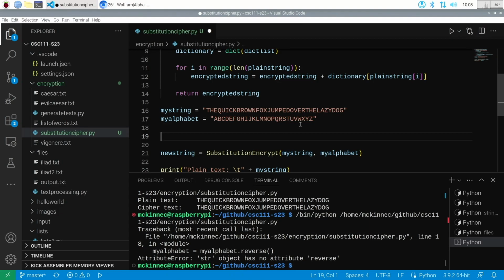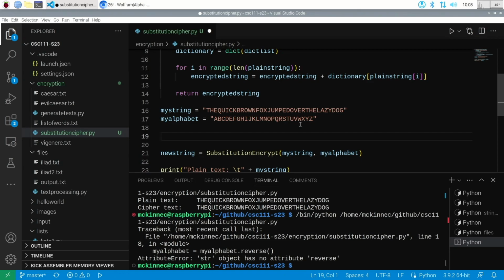Because what's the issue if I just start randomly picking a letter? I could end up with the same letter twice, and that's forbidden because I can only have one instance of each letter in my substitution alphabet. Okay, so if we're going to come up with some sort of random scheme, we have to make sure that we never accidentally duplicate a letter. Well, we're definitely going to have to do a loop with some sort of if statement. Okay, or if we're clever about this, we could,